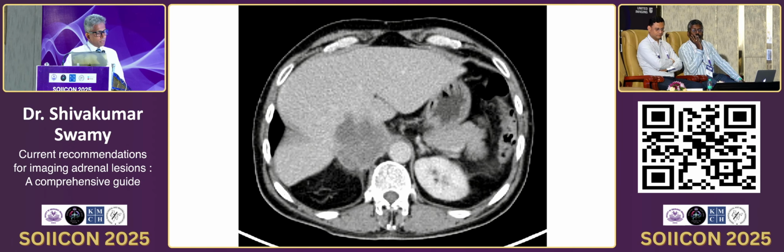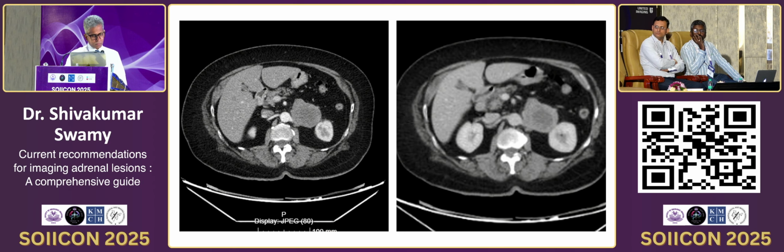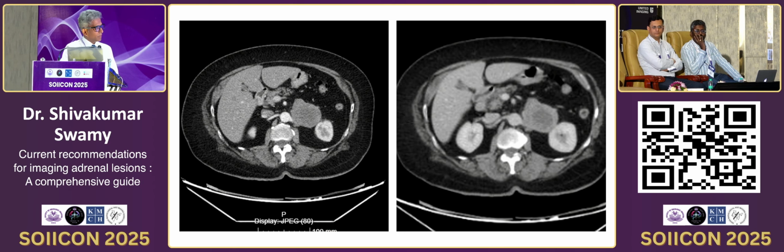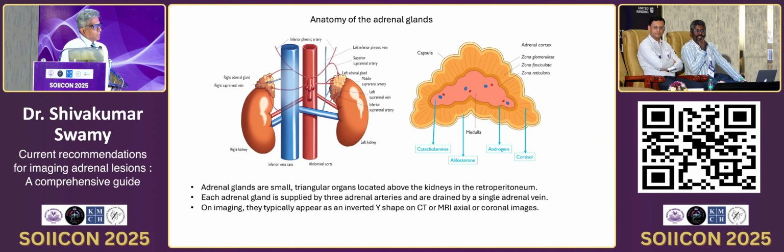This is quite an infiltrating tumor that's going to the liver. Relatively heterogeneous left adrenal mass. We have an arterial as well as venous phase in this case. You see a lot of necrosis and then a peripheral thick ring of enhancement. So,